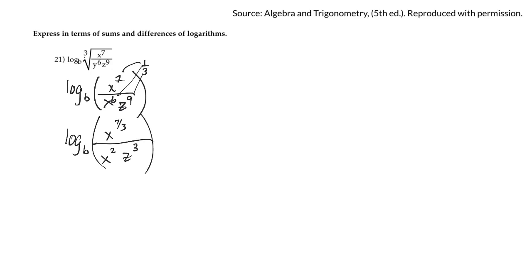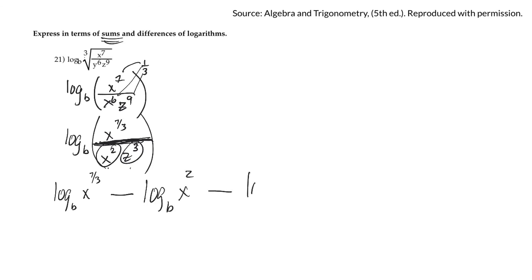Okay, now I have to change it into sums and differences. So now you need to use the product or the quotient rule. So here I'm dividing by something, so that'd be the quotient rule. So that would mean I would subtract both things on the bottom. So when I use those rules, I'd write log base b of x to the 7/3 minus, and the minus comes because we're dividing by these things on the bottom. So minus log base b of x squared minus, again, because it's on the bottom of that fraction,